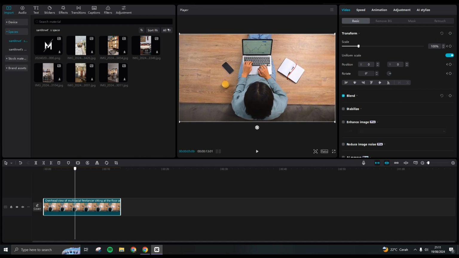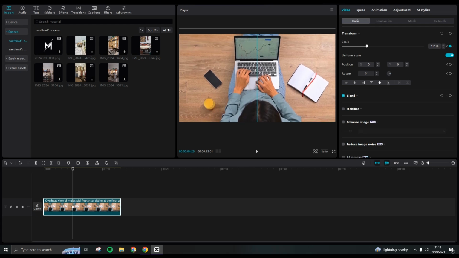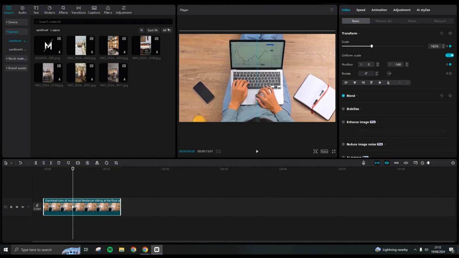I'm going to zoom in here so you can adjust the scale and also the position. So I'm going to just adjust the scale like this to have that zoom in effects, and I'm going to zoom in on the laptop, so I'm going to adjust the position just like this. I'm going to zoom it in again, and now if you want to have zoom out effects, you can go